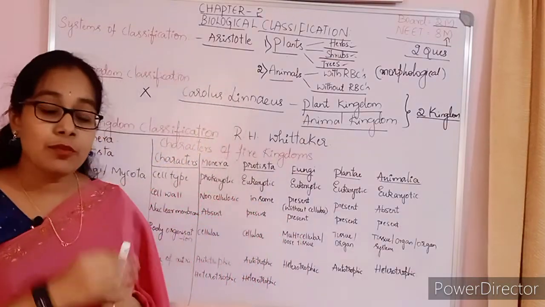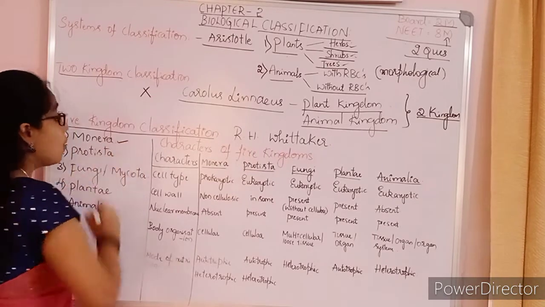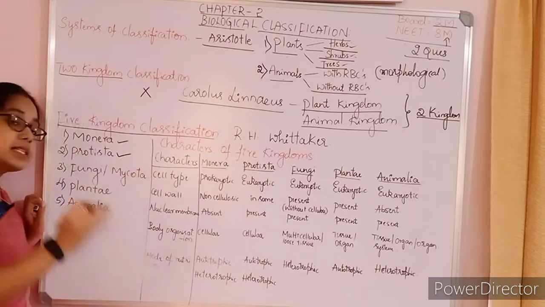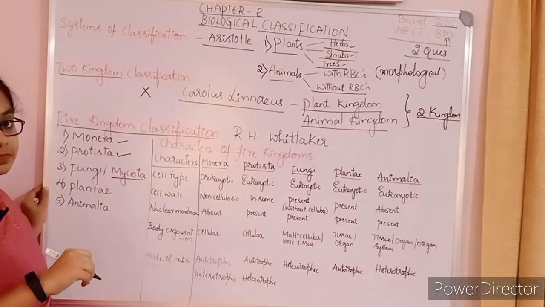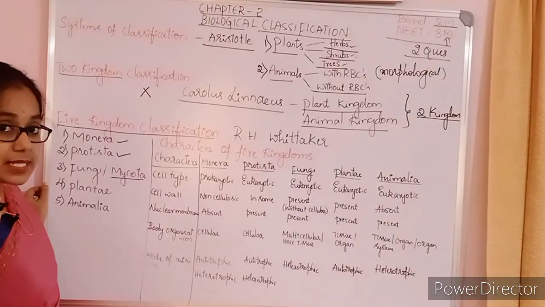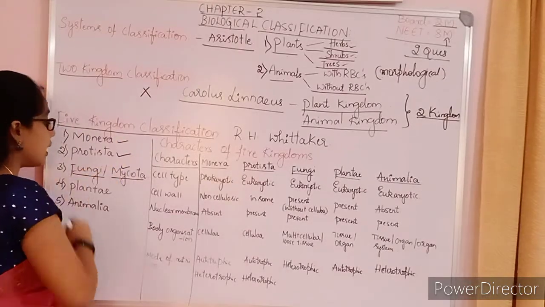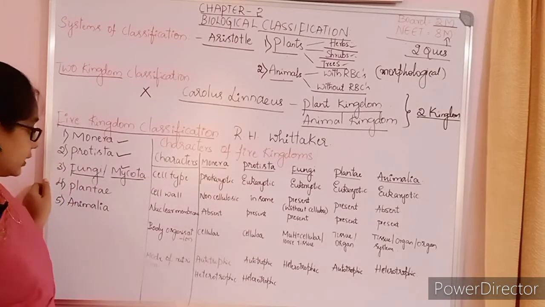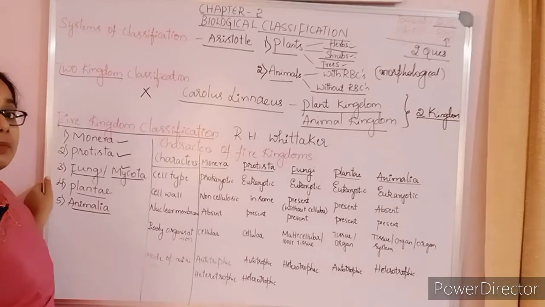Okay, now let us see which are those 5 kingdoms. Understood? So first is kingdom Monera, second kingdom Protista, kingdom Fungi. See here, this kingdom Fungi is also called kingdom Mycota. Clear to you? In your board examination or in NEET examination or in KCET examination, if you get kingdom Mycota instead of fungi, you should remember that Mycota is nothing but fungi. Clear? And next is kingdom Plantae and the last one is kingdom Animalia.